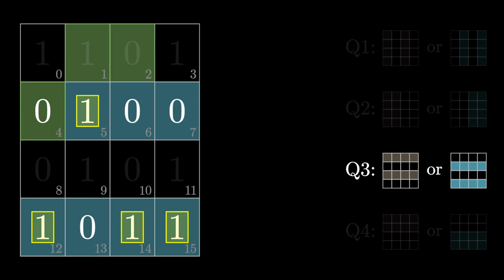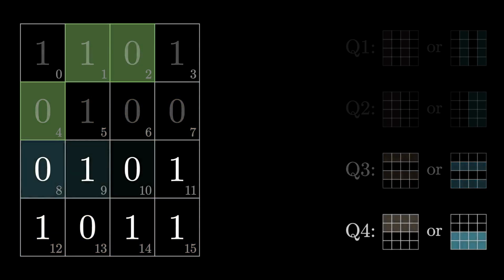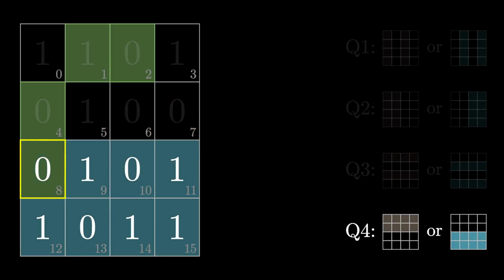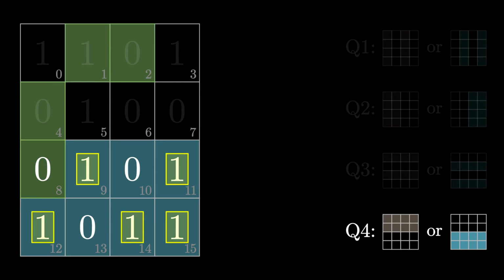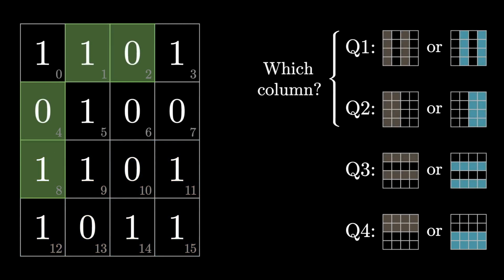So in this example, that group already has an even parity, so bit 4 would be set to a 0. And finally, there's a parity check on the bottom 2 rows, using position 8 as a parity bit. In this case, it looks like the sender needs to turn that bit 8 on in order to give the group even parity. Just as the first 2 checks let us pin down the column, these next 2 let you